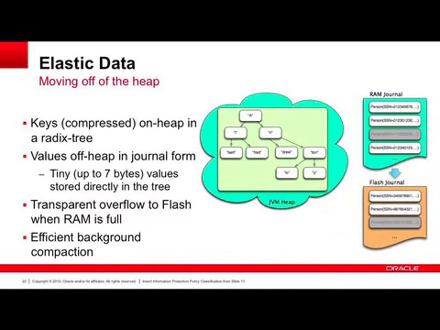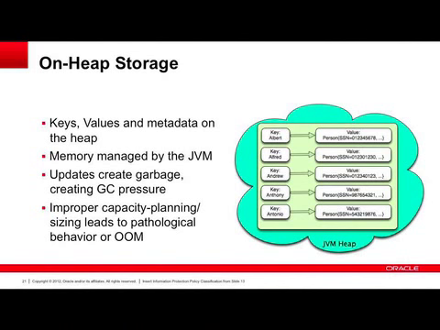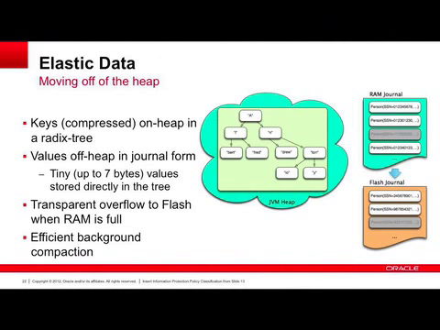With Elastic Data, what we're starting to do is to move the storage off heap, right? And when I say off heap, I'm primarily talking about the JVM heap, but I'm also talking about out of the RAM. So we did a couple things here. One is that rather than store the keys as full copies of the serialized key, we still store the keys logically in memory, logically on the JVM heap, but we actually start breaking those keys up into a radix tree structure. You can think of it as a compression. So we basically store your keys on heap in compressed form,